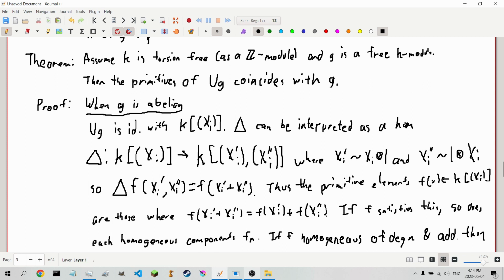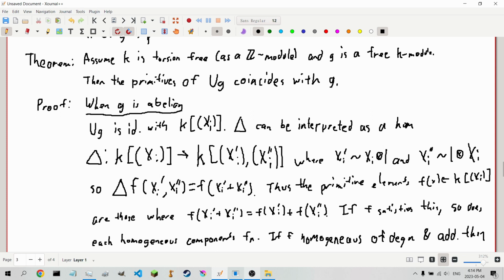Where the first one, these are equivalent to tensor 1, and of course vice versa in the other case. The double prime being 1 tensor Xi. And in this case, the diagonal map